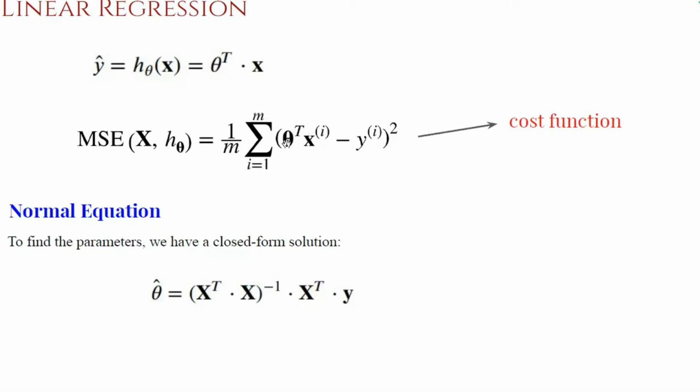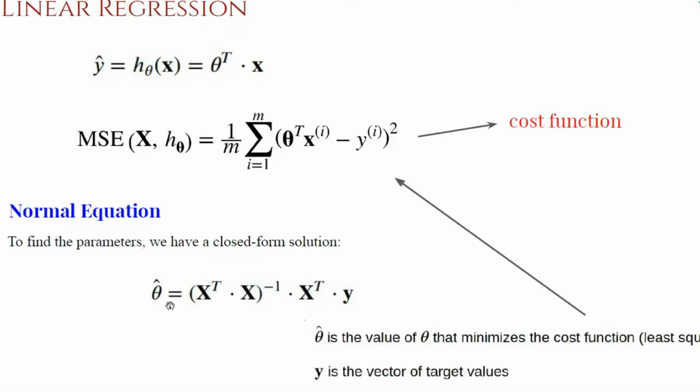Even scikit-learn internally uses the normal equation to find the best model parameters depending on some scenario. There are some contexts where this equation is used, and there are contexts where the gradient based approach is used. So I will explain under what situation this is not feasible. So we will discuss that later. But as of now, you think there is a closed form solution and you can find the best model parameters.